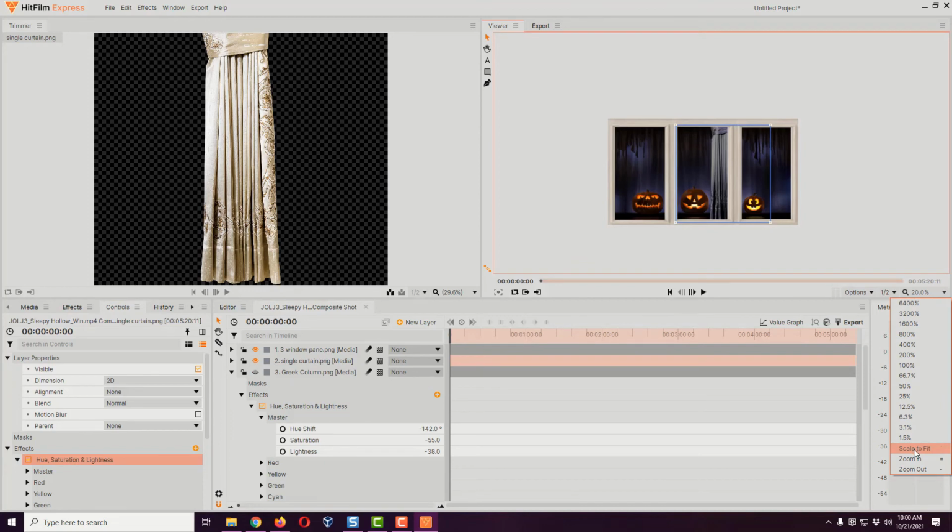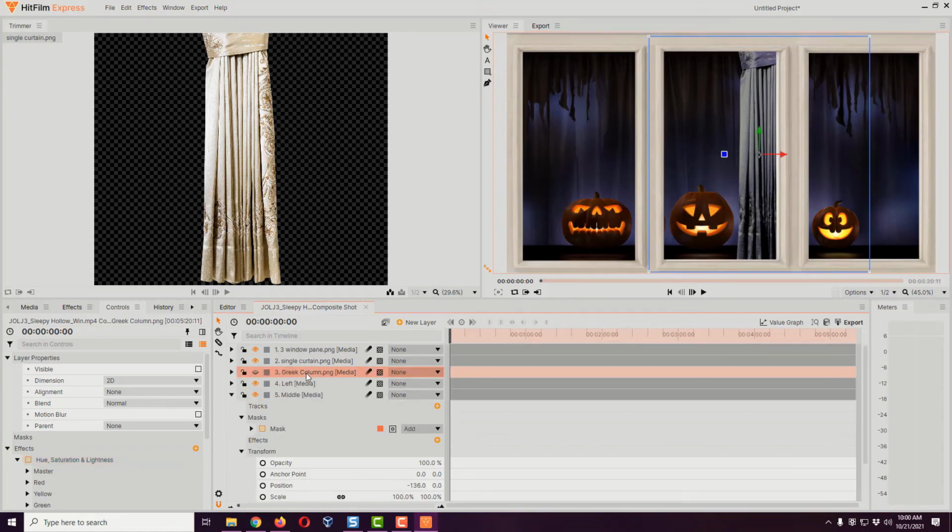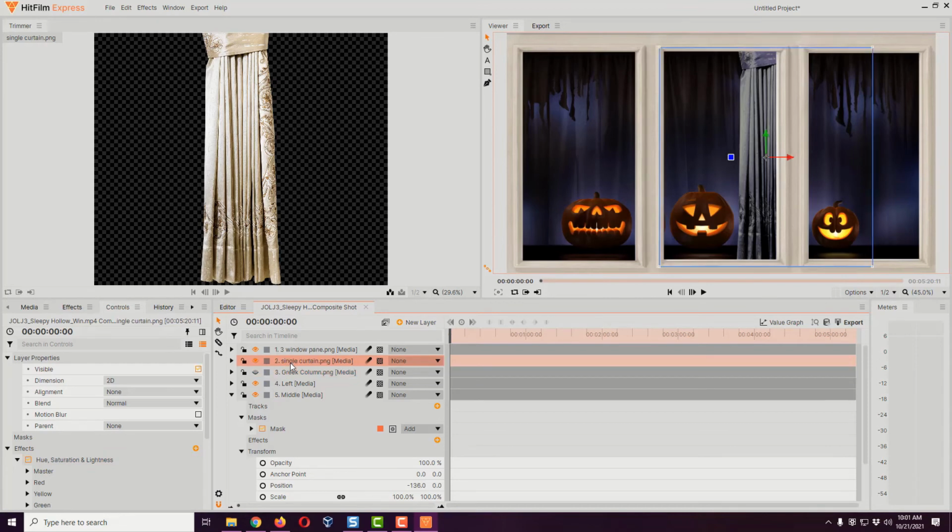So let's go back to scale to fit. And there we go. So now we got a creepy curtain there to kind of hide that gap that we created. Now let me show you one more technique that you can use. So I'm going to close up our column, and I'm going to go up here to our curtain. I'm going to use the eyeball and turn it off. I could also just delete them, by the way, too, the column and the curtain,